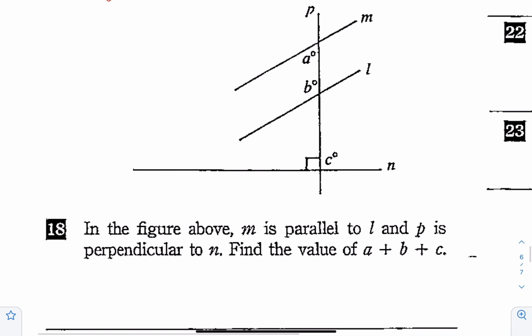Next, for number 18, in the figure above, M is parallel to L and P is perpendicular to N. Find the value of A plus B plus C. So here, you don't know what A and B are, but because they are adjacent angles, A plus B are supplementary. They add up to 180 degrees. And that's because